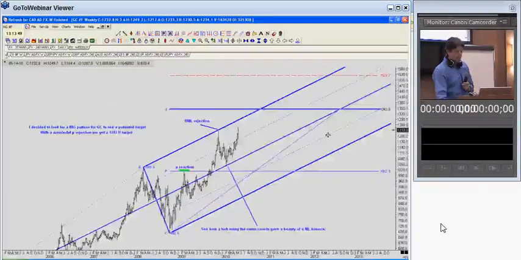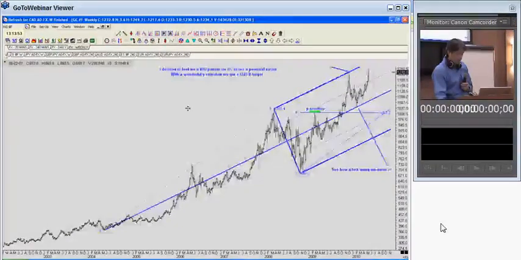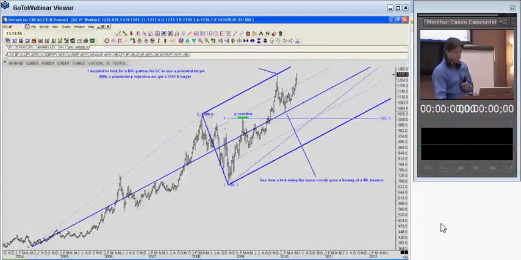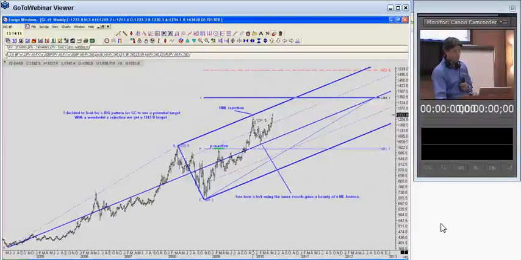This is the ABCD. A, B, C. Look at the P reaction here. So we come up, touch P almost to the pip, and pull away. We then pretty much gap through the P. The fork, I'm happy at this point, is working because the upper median line has given me a solid rejection. It drops straight to the median line, which gave me a very strong rejection back in the up direction,